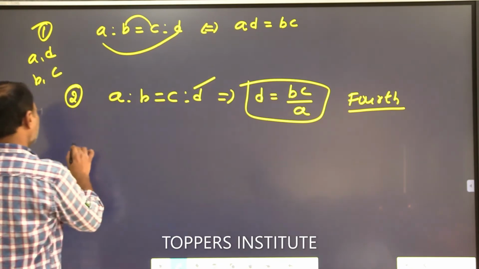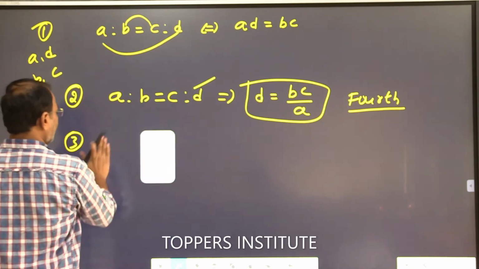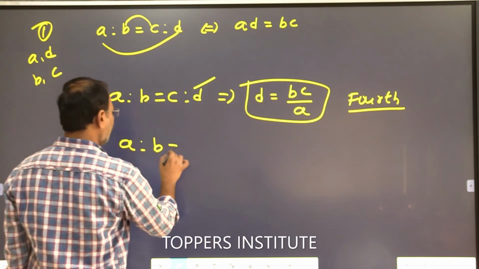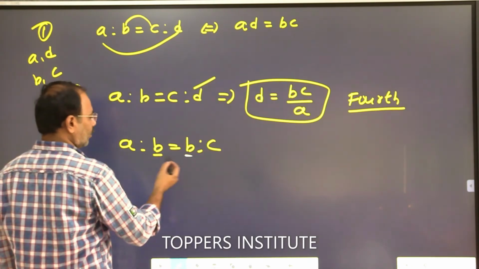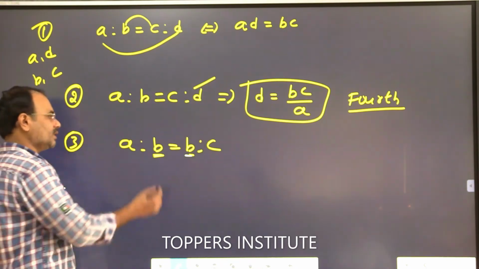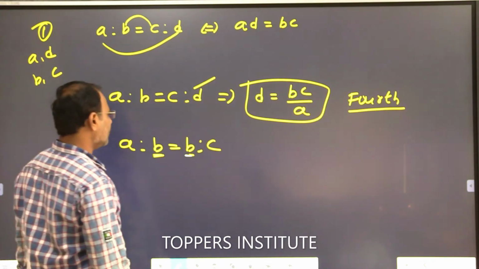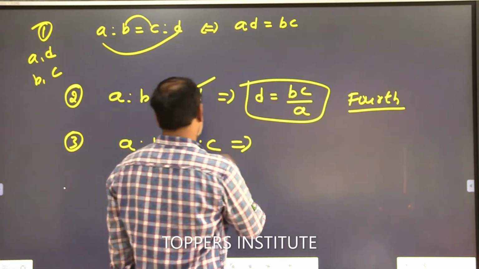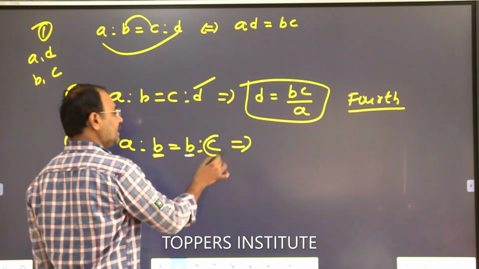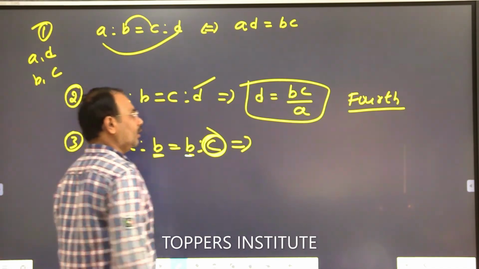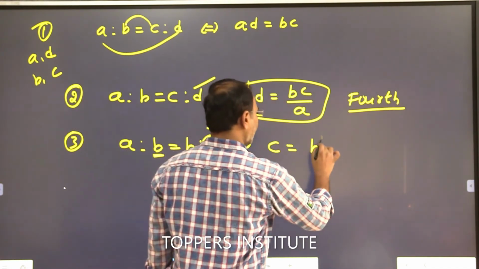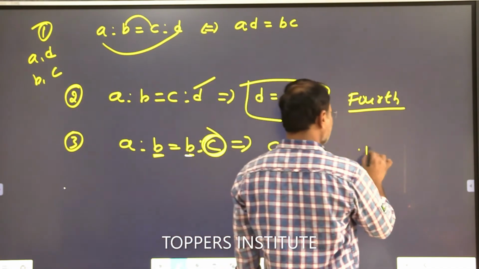అండ్ నెక్స్ట్ వన్, if A is to B is equal to B is to C, ఇక్కడ ఒకటి అబ్జర్వ్ చేయాలి మనం, B and B మీన్స్ మిడిల్ టర్మ్స్ సేమ్ ఉన్నాయి. సో మిడిల్ టర్మ్స్ సేమ్ ఉంటాయి చూడండి. Then C is called the third proportion of A and B, that is C is equal to B square by A. What is B square by A? Third